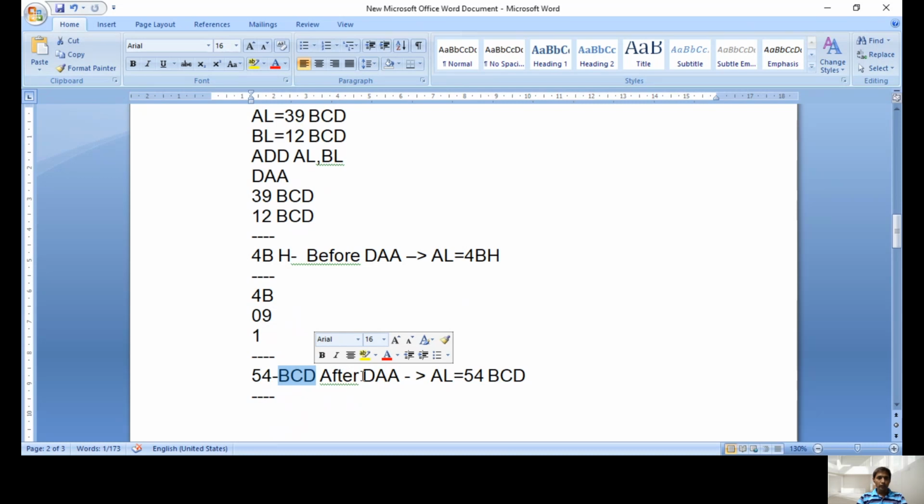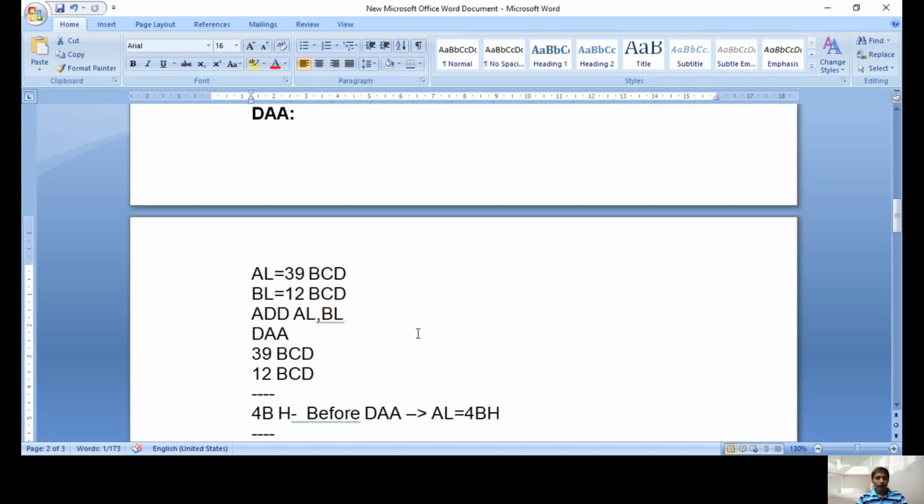Like that, the DA instruction checks the results. If the lower 4-bit value is more than 9, it will add 09. If the higher 4-bit value is more than 9, then it will add 90. In this example, the lower 4-bit value is more than 9, that's why we are adding 09. And it will repeat. For example, if hexa occurs again in the result, then again it will add 09 if the lower 4-bit is more than 9, or 90 if the higher 4-bit value is more than 9, and it will continue until the result is BCD. So after the DA instruction, what is the result now? 54. It's a purely BCD form. Like that, the DA instruction takes two BCD numbers and makes the result also pure BCD form only, no hexa form.